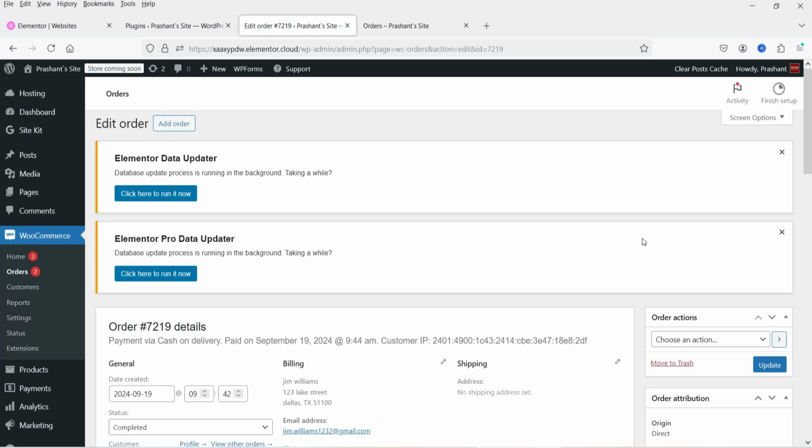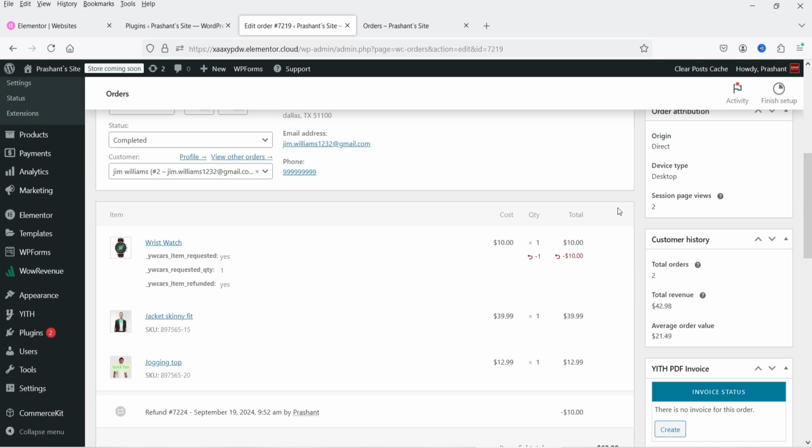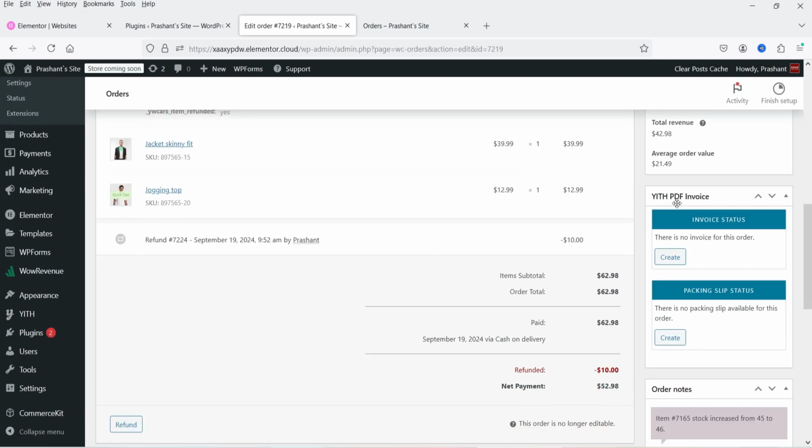Okay, as of now, I'm creating the PDF invoices manually. So we are on the orders page. If you want to create the invoices manually, you will see the option here, YITH PDF invoice. There is no invoice for this order. You can create packing slip. There is no packing slip. You can create a new one. So I'm going to click on create